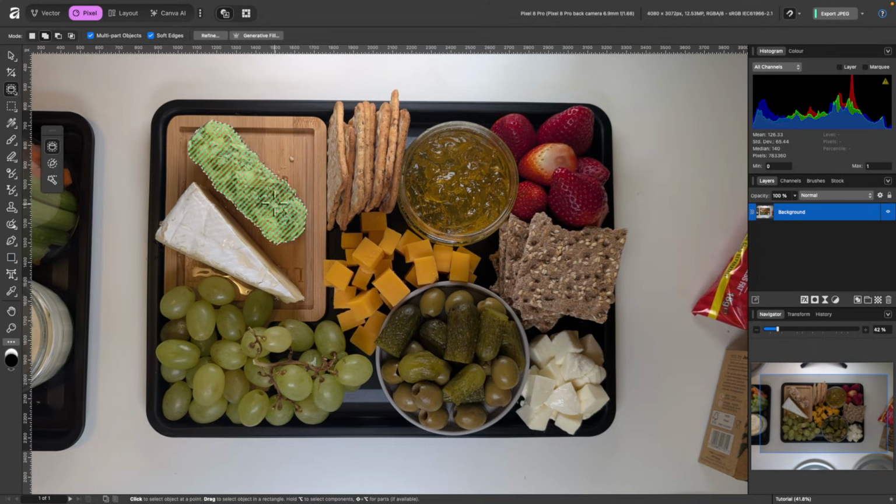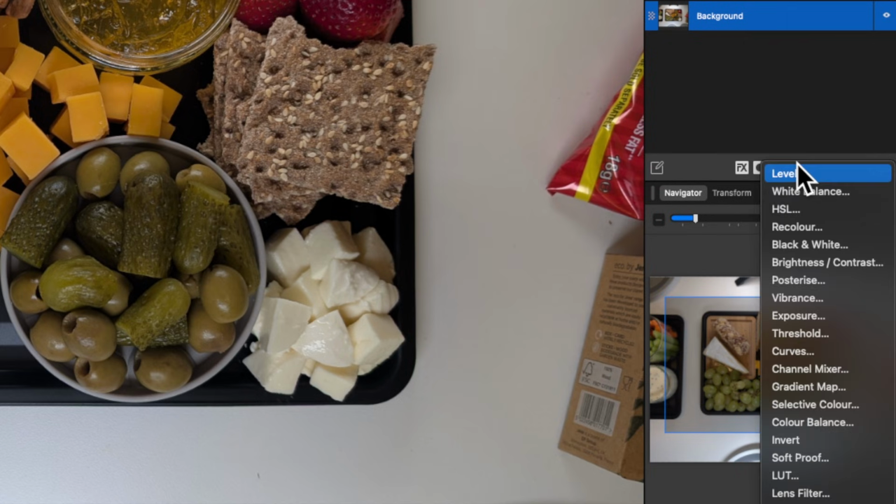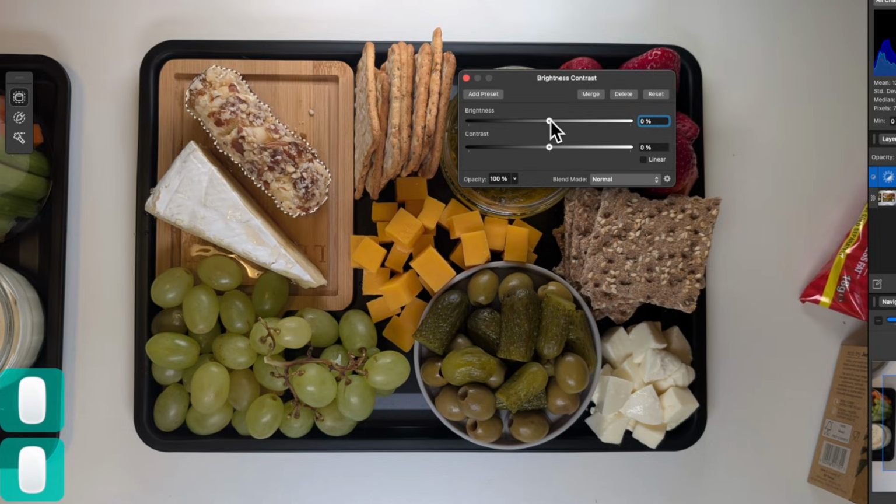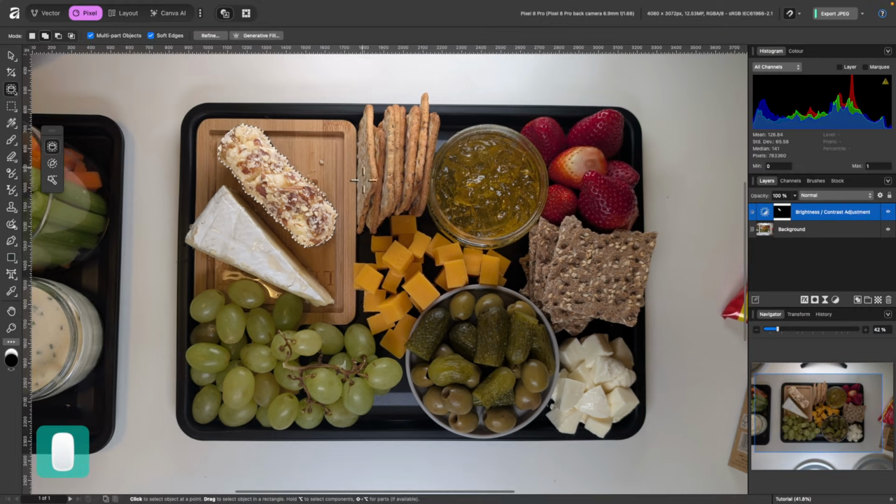So what if I wanted to make just this portion here much brighter? Well, I could go over here and click on adjustments, click on that, and then go to brightness. And I'll just click and drag up brightness. And you see, I'm just making this portion here brighter than the rest, which is pretty cool. And I'll get rid of that. If I was finished, I could just press Command D and that gets rid of those marching ants, or Control D on a Windows. So I'll press that and now that's just brighter.